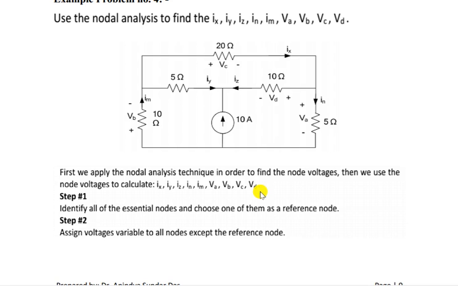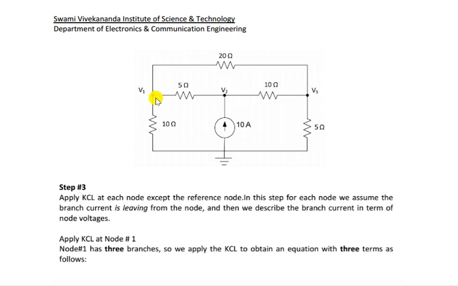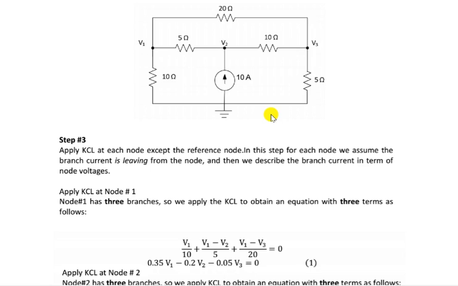Now another problem. In this case again we don't have any voltage sources. So 1, 2, 3 branches are connected together, so we can consider this one as the reference node. Then how many nodes are there? V1, V2, V3, so now we have a total of 4 nodes. One is the reference node, so 3 non-reference nodes are there, so 3 unknown variables, V1, V2, V3. We will have 3 equations and we have to solve.